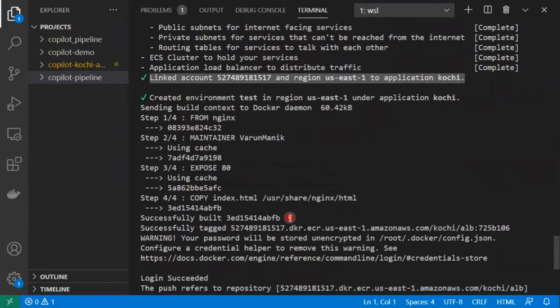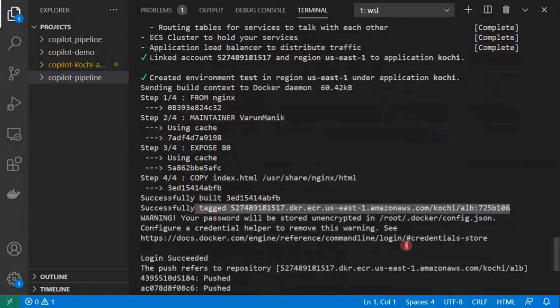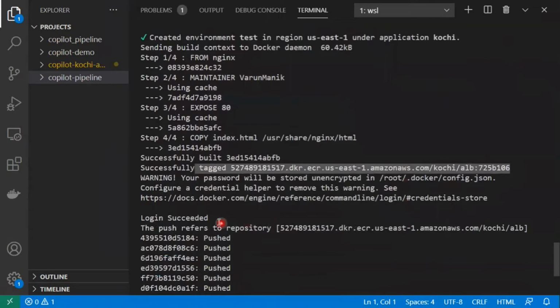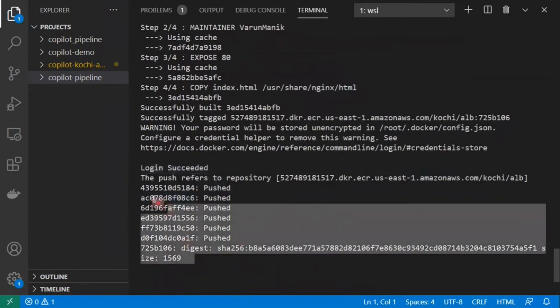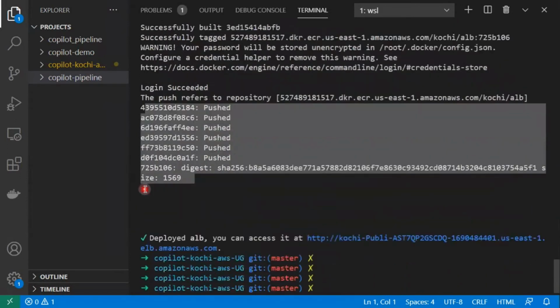Once the image is successfully built, it tags my image to this ECR repo, and then it is pushing. It first logs into my ECR, which is already successful, and once that is done, it pushes the newly created image to the ECR repository, and now it is already deployed on the ECS task,